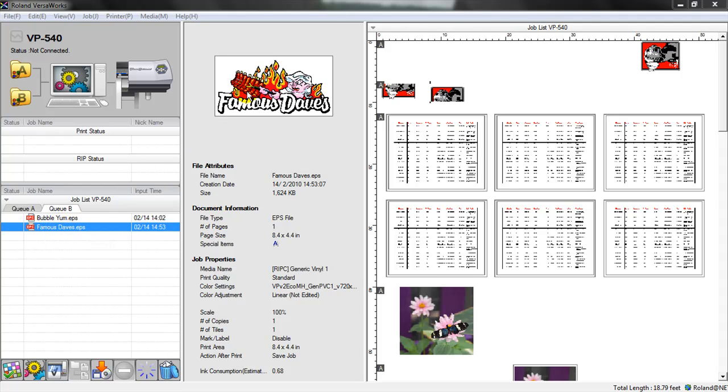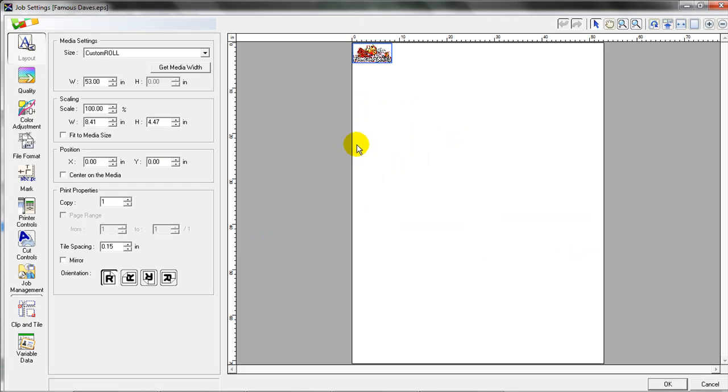To access the settings for this, we can either double click right here on the image itself, double click here on the item in the queue, or down here at the settings tab. We can just click it once and it'll open it up. Once this is opened up, we can see the layout here. This is the total space that's available for me in this job. We can see Famous Dave's right here, and we can see all the different settings tabs in the settings setup